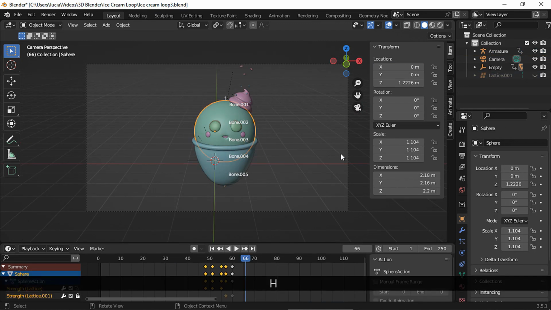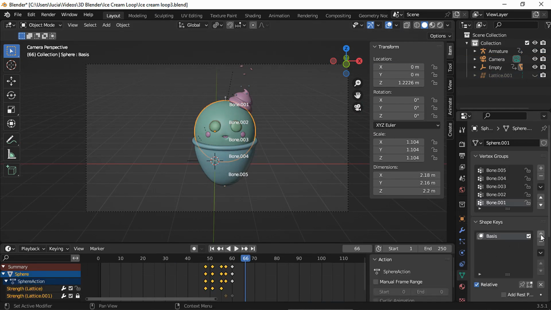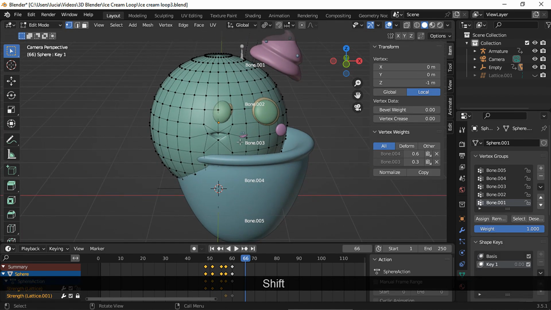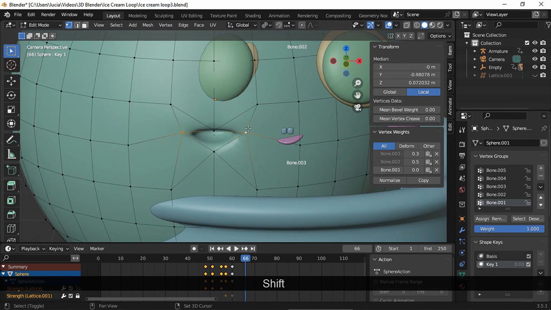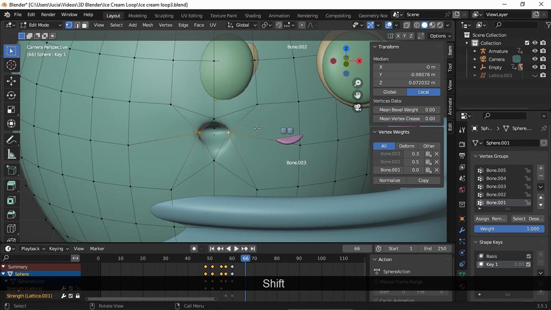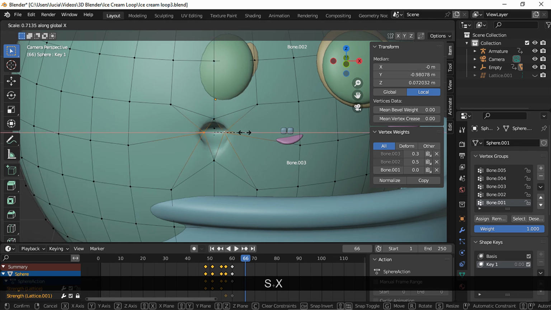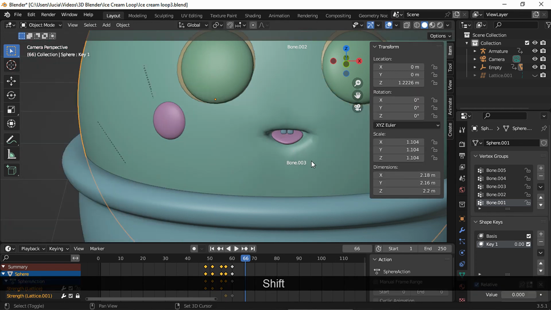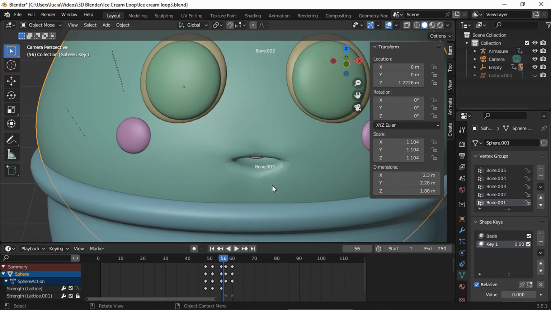And finally, I'm gonna animate the mouth a bit using shape keys. So add 2 shape keys, and in edit mode, we're gonna move some vertices to create a bit of a bigger mouth, like a surprised kind of mouth. Let's move these 2 vertices to the center. Now move this one down, move this one up. Now move this one up. Let's move this to the center. Move this one down. Let's go back to object mode, and in frame 56, set the key number 1 to 1 and set a keyframe.